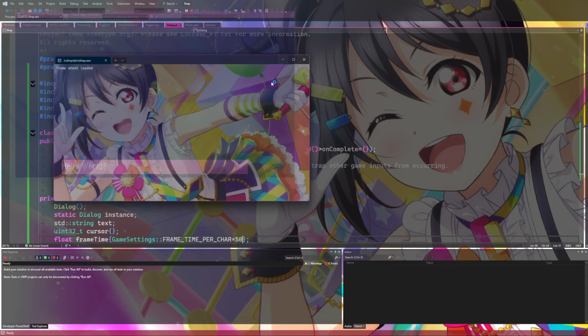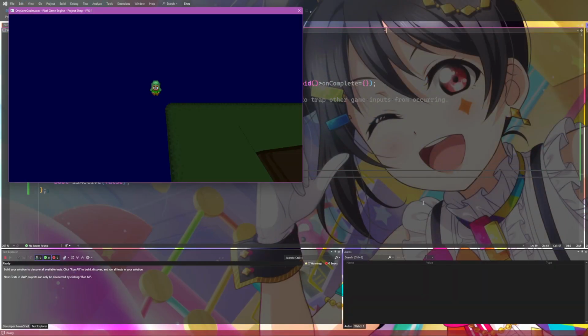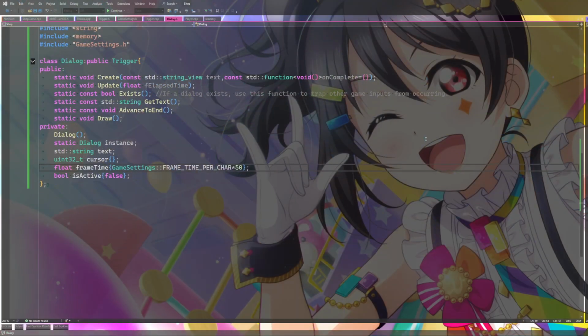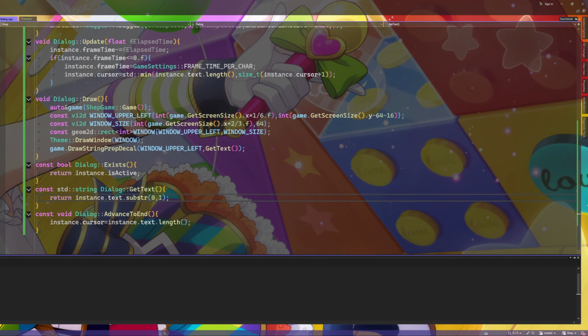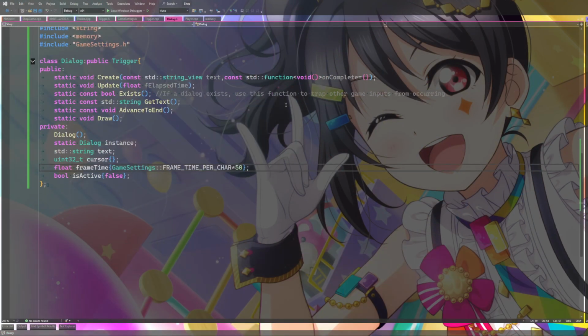I mean, the text just straight up appears. So that's no fun. I'm gonna do this right away and see what... Well, we don't call dialog.update. That's another thing, right? Instance.cursor 0. Does substring 0,0 return the whole string? Maybe it does. Like if I do substring 0,1, that should return one character, right? Nope. It still says hello world.